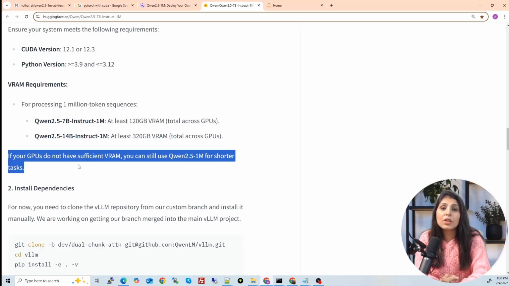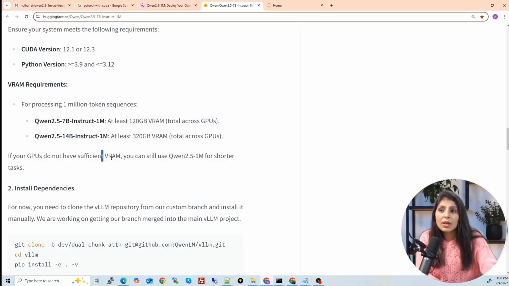Because if the user's question has 1 million words in it, then those words will go to the GPU. The GPU will need memory to store those 1 million words, and then the LLM will process them and generate the output. For that processing and generating, VRAM is also needed. So your application will crash and your model will not show you the output.